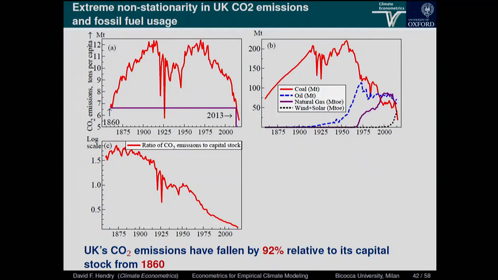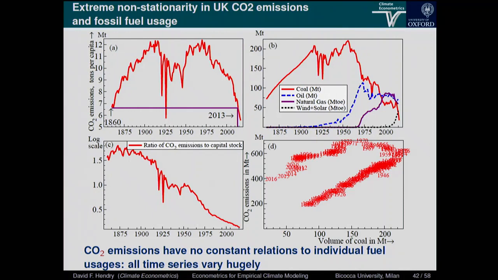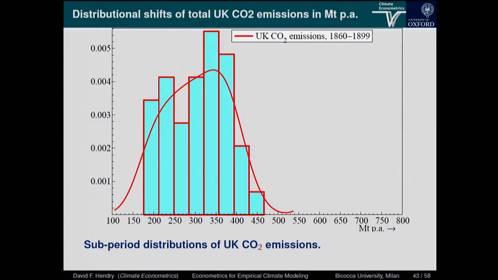Now, over this period, much of this CO2 is being exported. People talk a lot about, oh, you know, you've got to deal with imports of CO2. This is all Britain sending trains and steel and rail and cotton to other countries. It's exporting a huge amount of it. So a lot of that actually isn't internal, and a lot of this towards the end isn't domestic, but it's very hard to adjust it. So the data is varying all over the place, really quite dramatically.